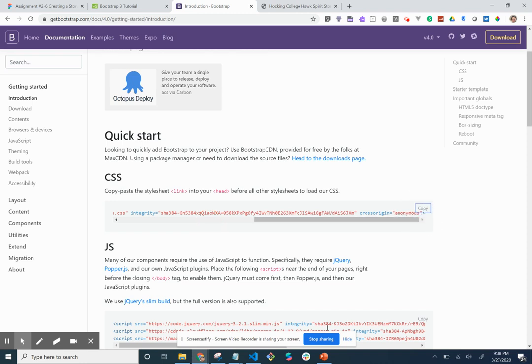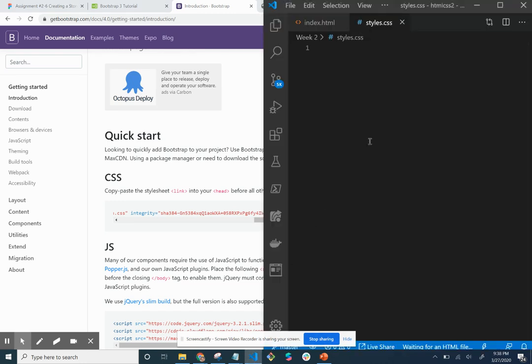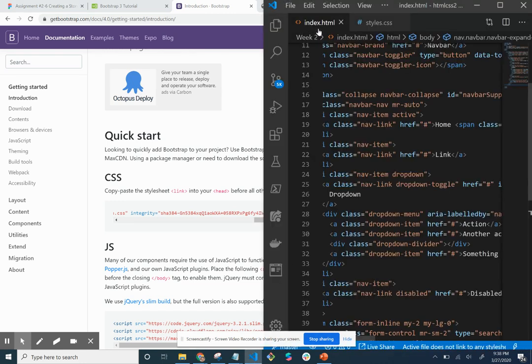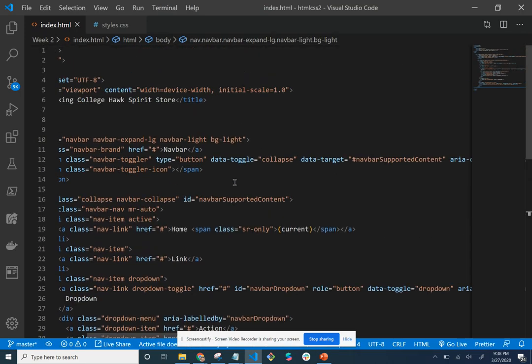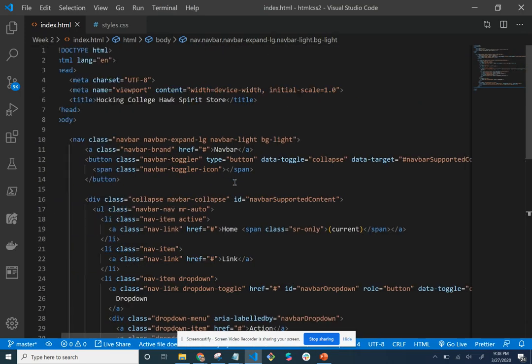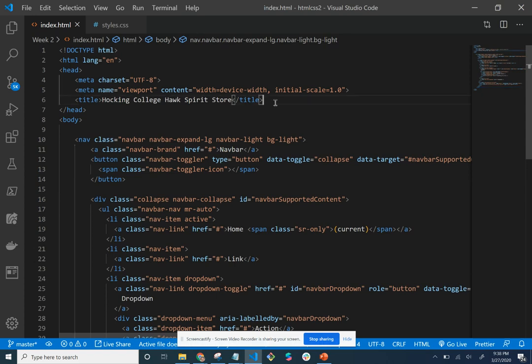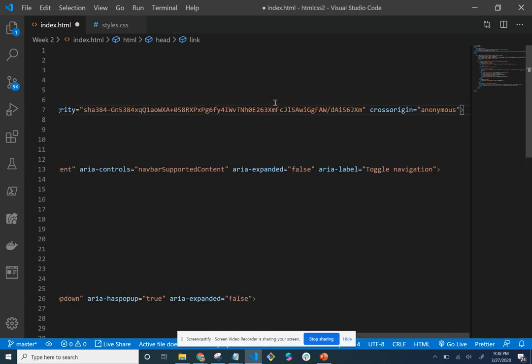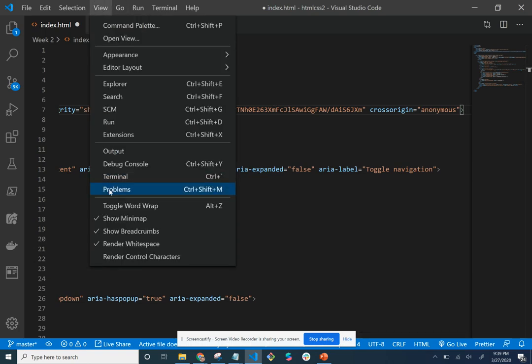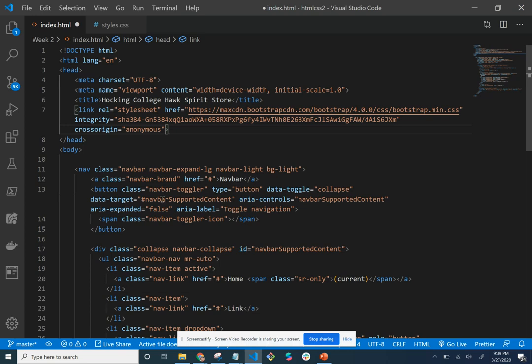I'm going to copy, and I am going to go back into my index.html, and go back to the head, and I'm just going to paste that in there. I'm going to turn on my word wrap because I want it to word wrap. There we go. I'm going to save that,